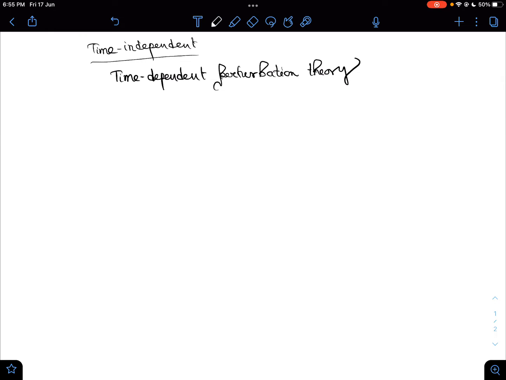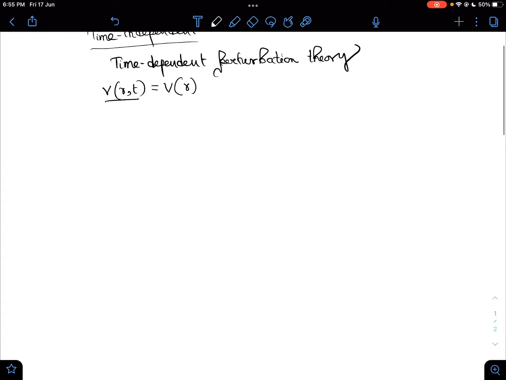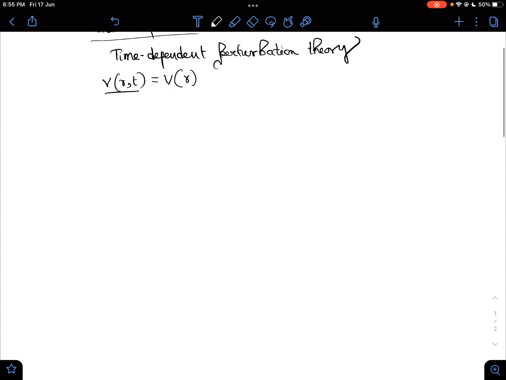So basically up to now, in time independent theory, we have assumed that the potential energy is independent of time. That means if we have the potential energy, we have assumed it to be only a function of position. So it is not a function of time. So potential energy is independent of time, and in that case our Schrödinger equation